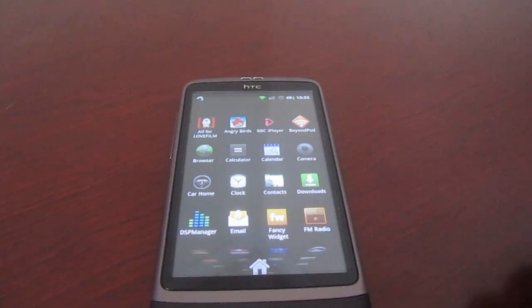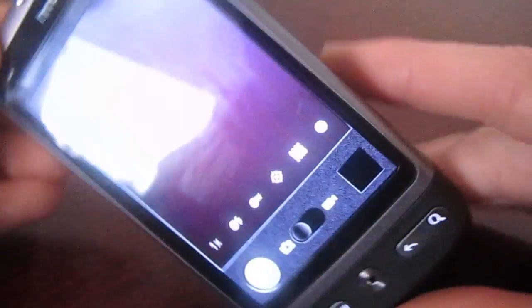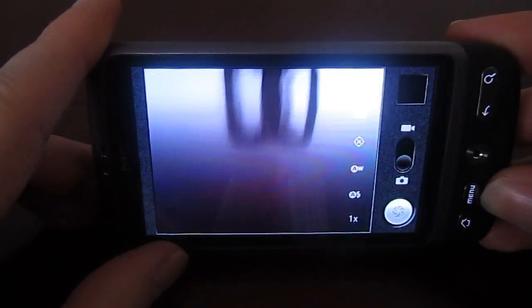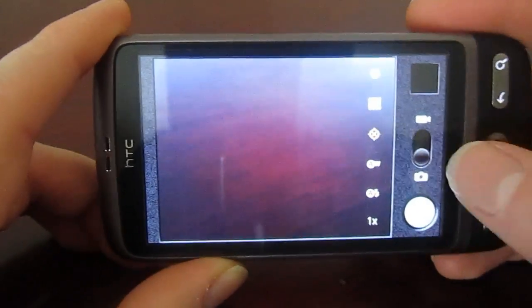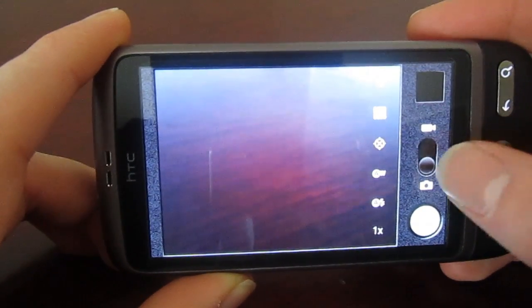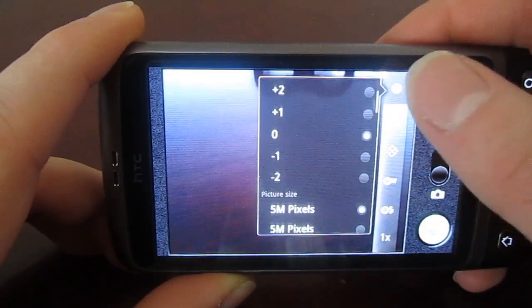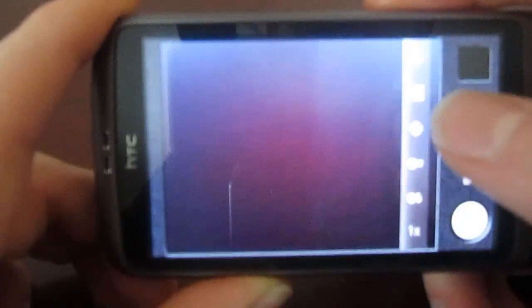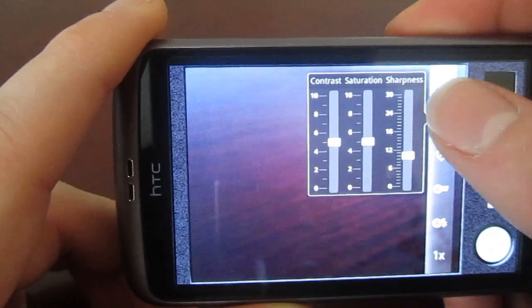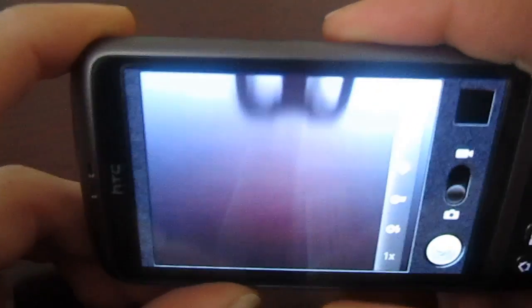Personally, I absolutely hate this. Being used to the HTC application, but as you can see, it comes in this horrible, weird grayscale type camera application, where you can obviously switch between camera or video mode here, and you've got settings here which just doesn't look very nice. I don't know whether this is what the Google system is normally like, but I'm used to a nice fancy camera without all this rubbish and this strange border down the side here,